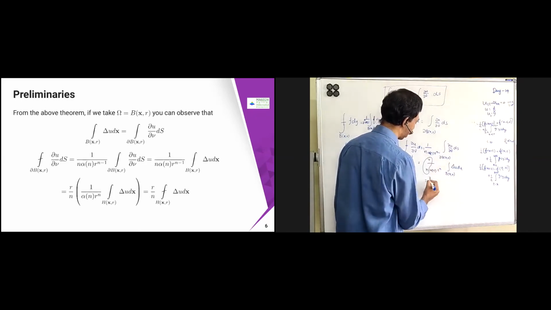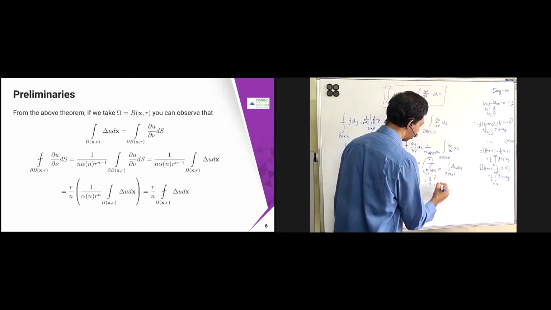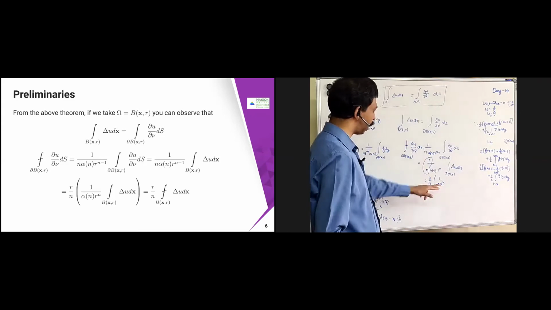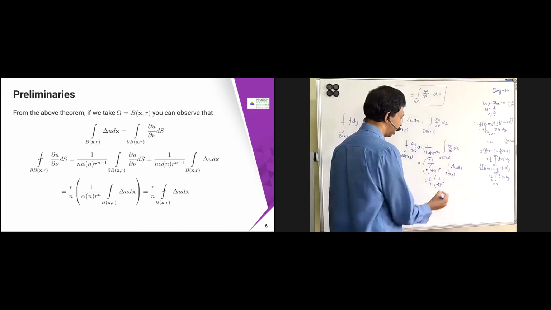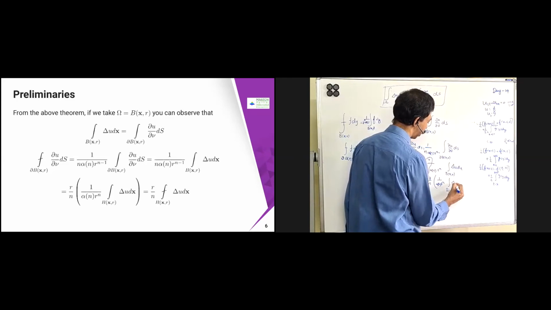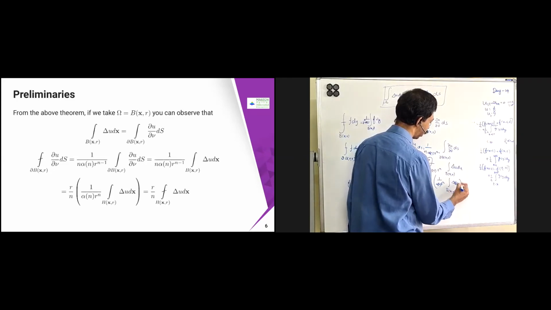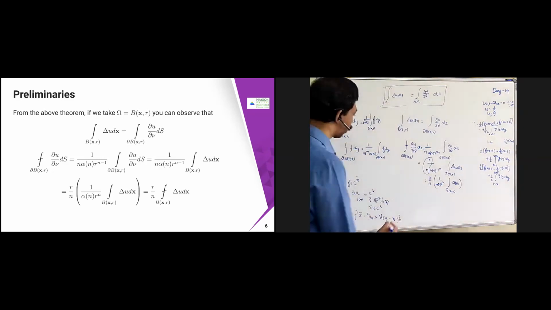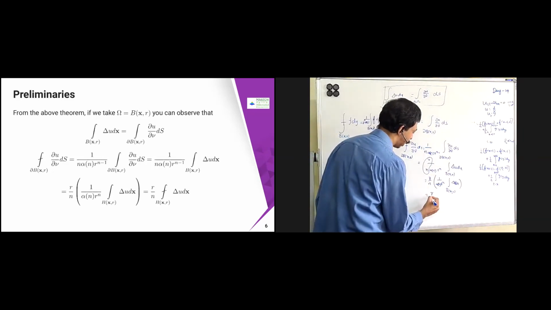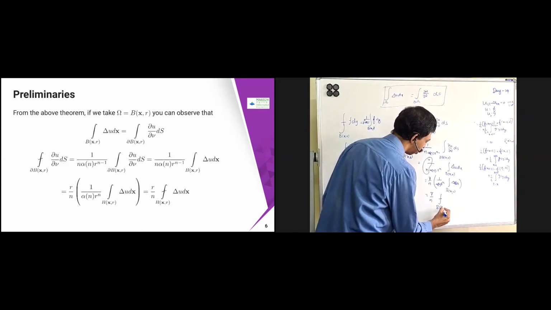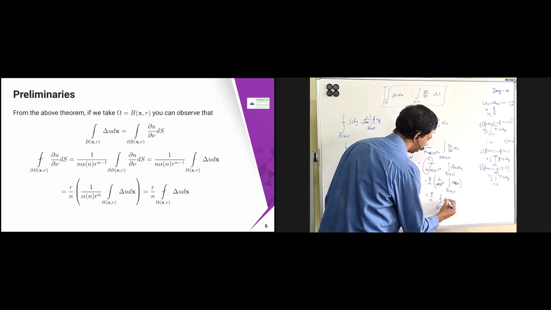So this will become r by n under 1 by alpha n r power n. Both are the same. I just multiply and divide by r, into integral b of x comma r del u dx. So what is this one? This is nothing but this one. Therefore this is going to become r by n integral, with a bar I am putting, the average integral del u dx.